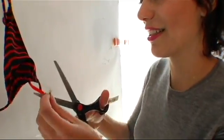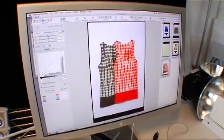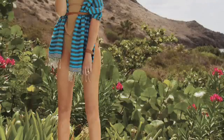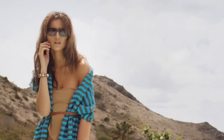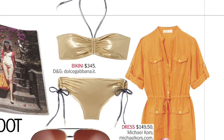In general, we try to have a mix of prices on that page so that you can be inspired by the story and shop from it, but then also have a more tangible shopping tool. We do a swim story every year in the magazine because it's incredibly important to our readers. There's some really fun things on the Shop the Shoot page. There's this beautiful printed bikini. There's a really neat neon cutout bathing suit, and a lame gold bikini for the very tan and the very